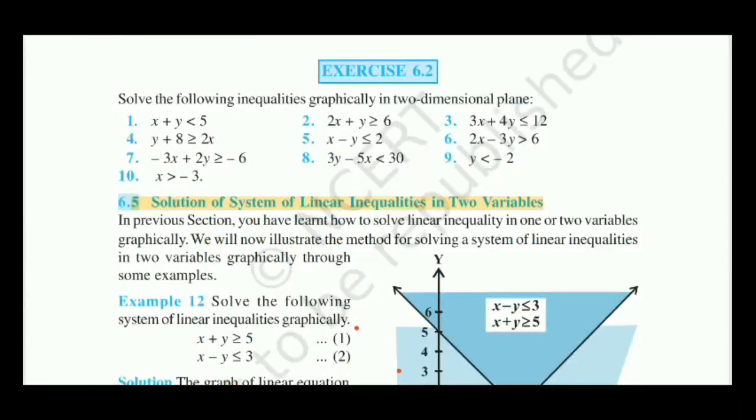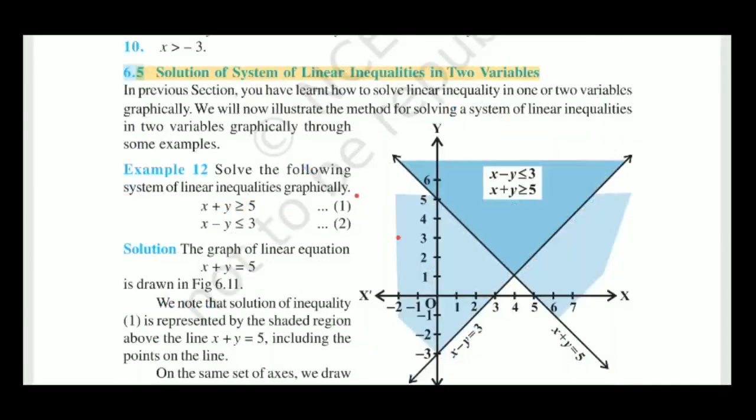In the same way, we have to solve the rest of the questions. Now, we will start the next topic, and the name of the topic is, you can see here, the solution of system of linear inequalities in two variables. See example number 12. Here we will solve the following system of linear inequalities graphically, and the first inequality is here x plus y greater than or equals to 5, and second x minus y less than or equals to